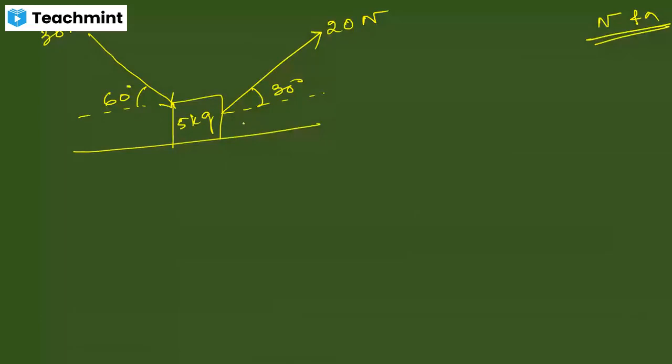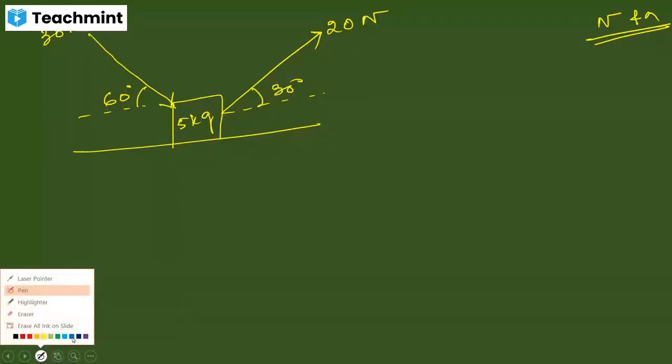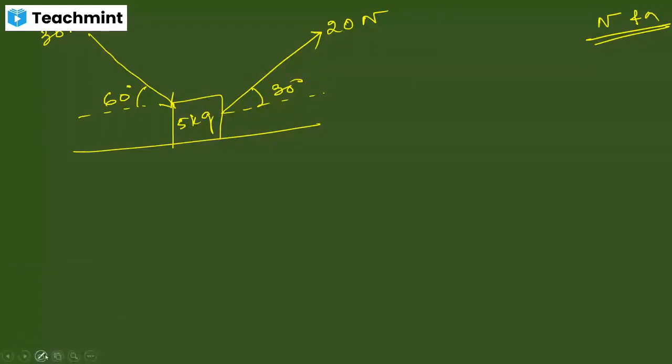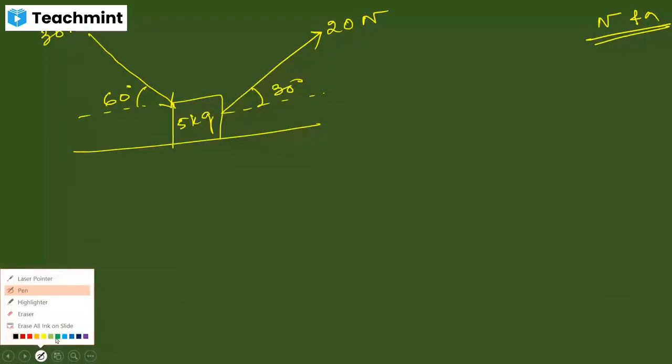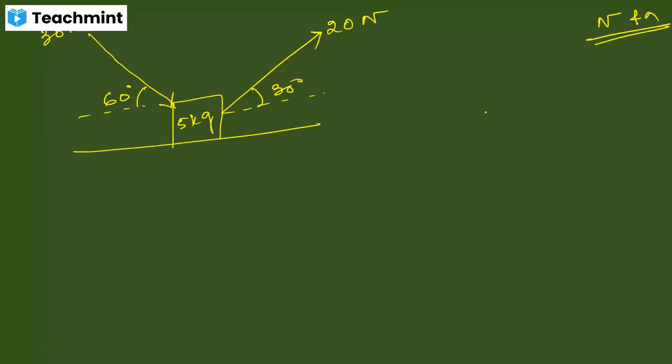In this case, two different forces are acting on that particular object. One has the value of 20 Newton, which is a pull force in nature. Another force has the value of 30 Newton, which is a push force in nature. So if this is a pull force for the case of 20 Newton, if I draw all the components, that is the vertical component and the horizontal component, then it will be easier to solve this kind of numerical question. So in this case, it will be more helpful if I draw the free body diagram.